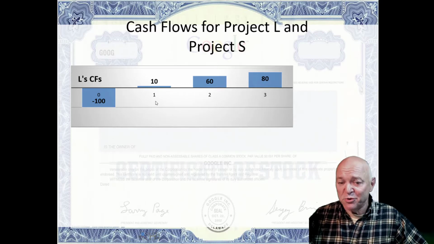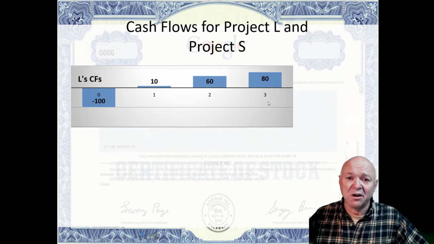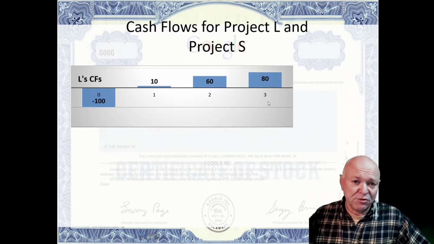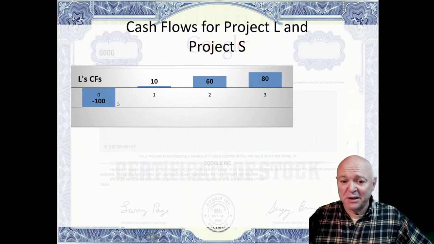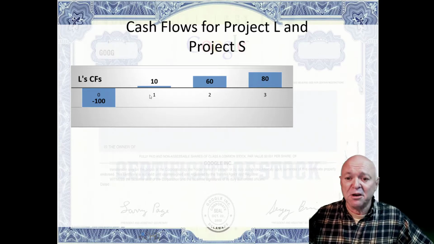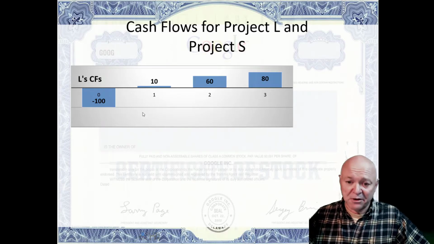In year 1, we have a cash inflow of $10 million. Year 2, we have a cash inflow of $60 million. And year 3, we've got a cash flow of $80 million. If you think about the net of the cash outflows plus the cash inflows, we have minus 100, plus 10, plus 60, plus 80. Or the total amount of cash flows would be $150